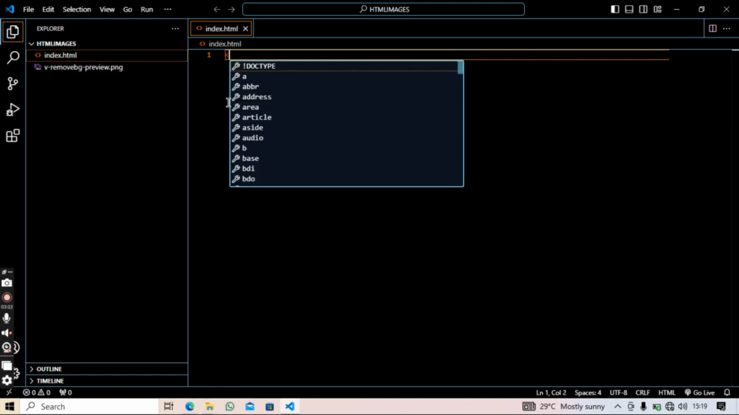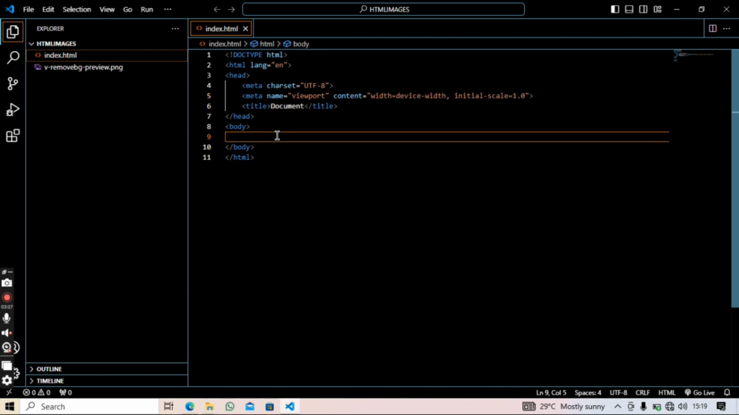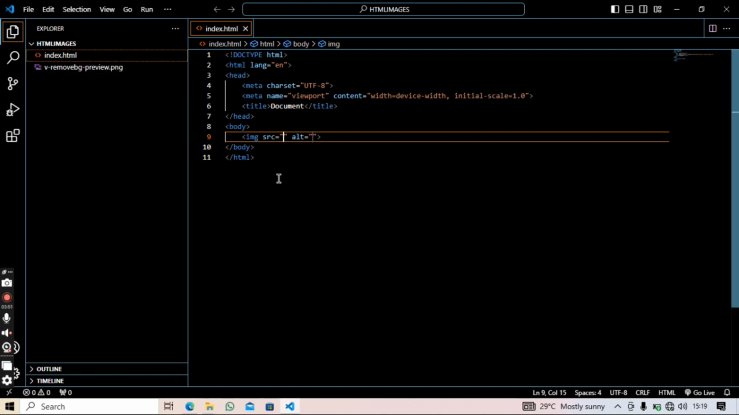Let me show you an example. So first thing first is the HTML boilerplate. After you have it, you have your img. Then the img has two attributes, the src attribute and the alt attribute. The src attribute is where you're going to be inputting the name of your image, which is the name that you have right here. Here I have v-remove-bg.preview.png. So if I write that, v-remove-bg.preview.png, and I open it in my web browser,